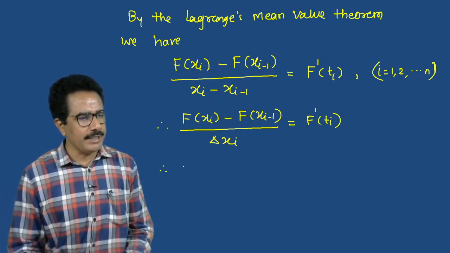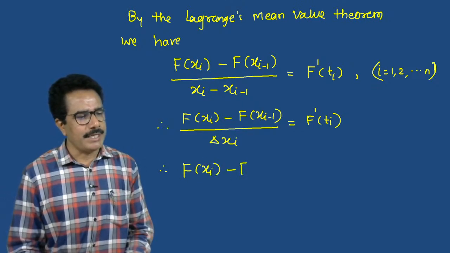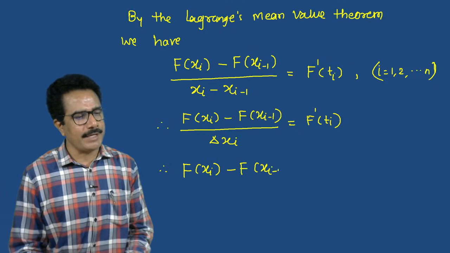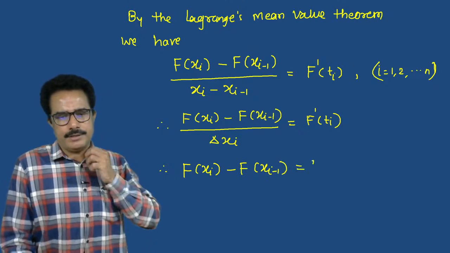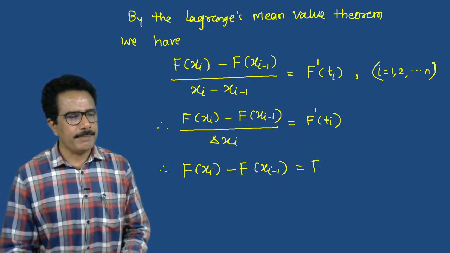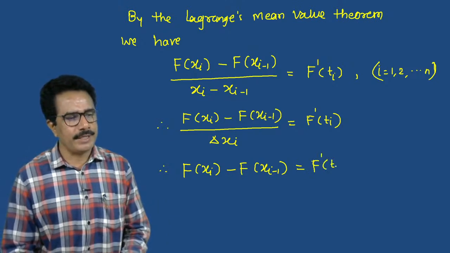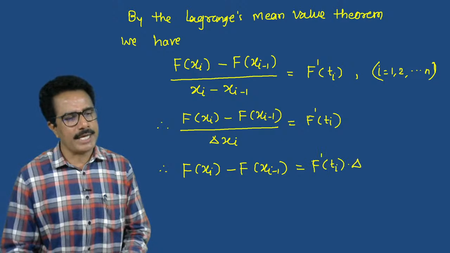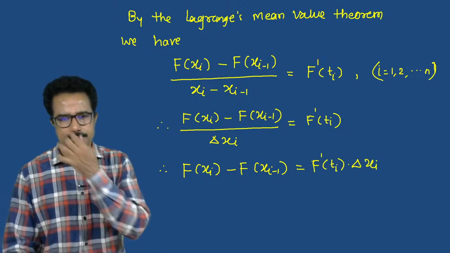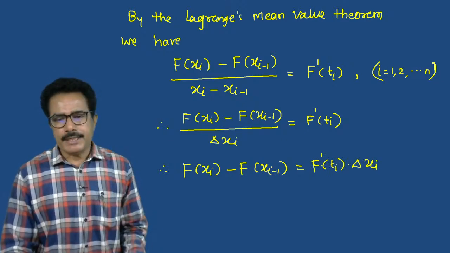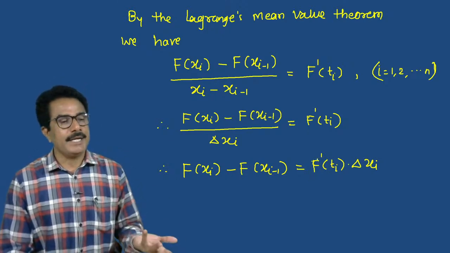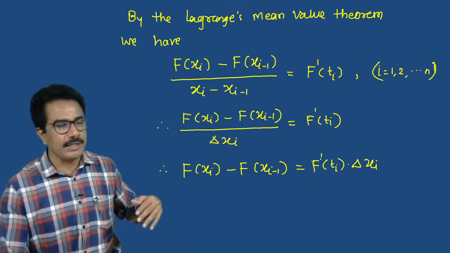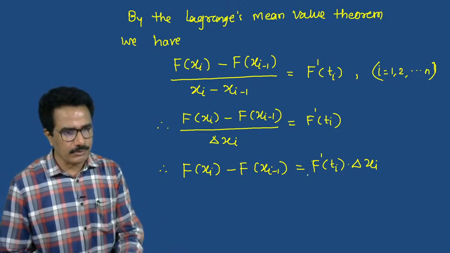So it can be written as F of xi minus F of xi minus 1 equals capital F dash of ti into delta xi. Capital F dash of ti means, according to this, see here, we have given